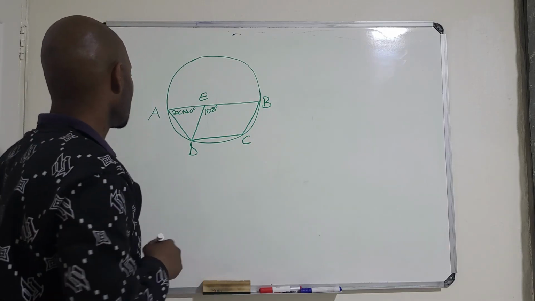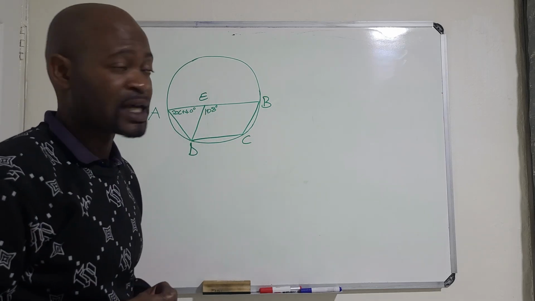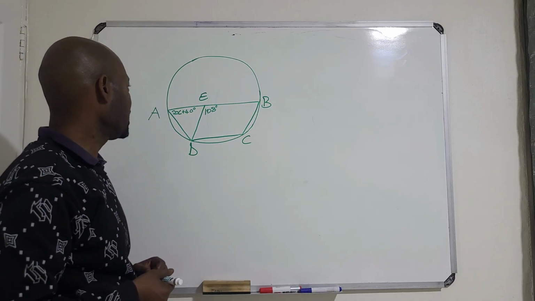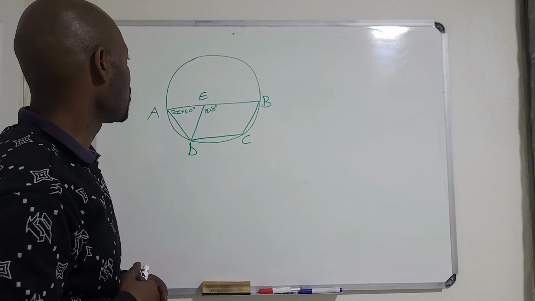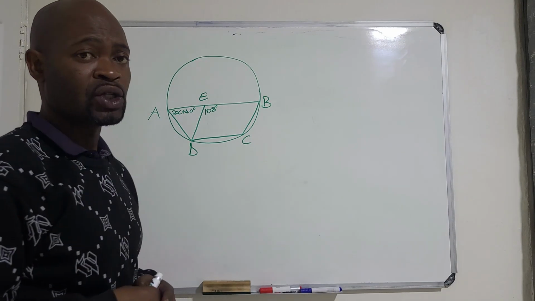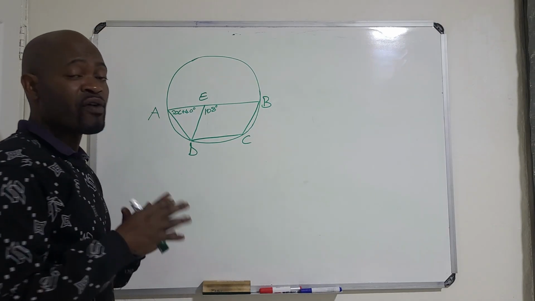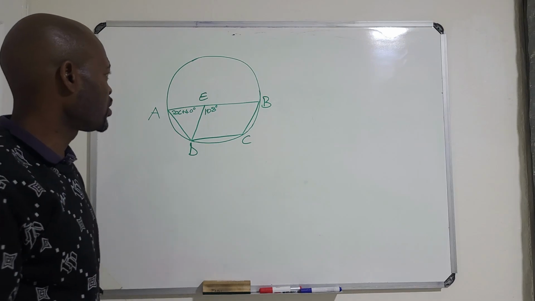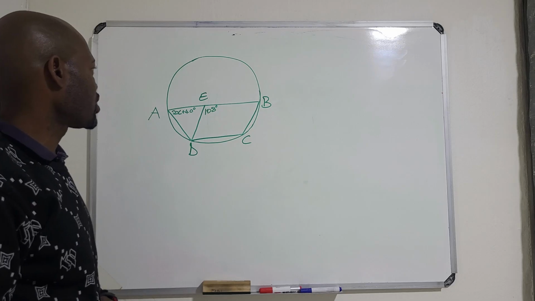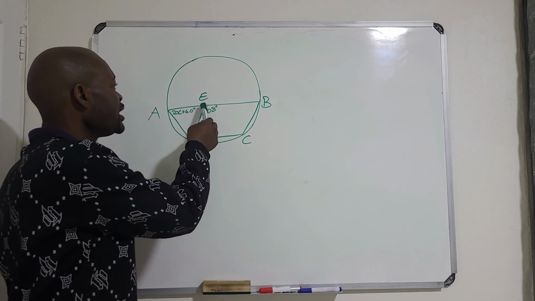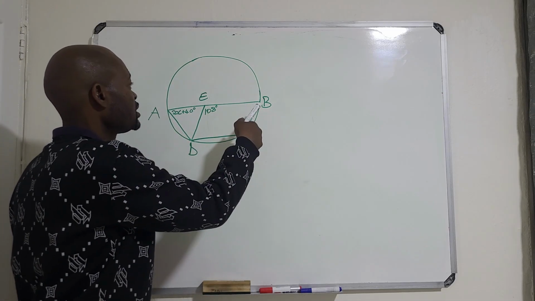We are also told that angle DAE is 2x plus 40. Angle DAE is equal to 2x plus 40. We are told to find the value of x with reasons. And for us to find the value of x with reasons, we need to know what a parallelogram is, because they said E is a point on AB such that